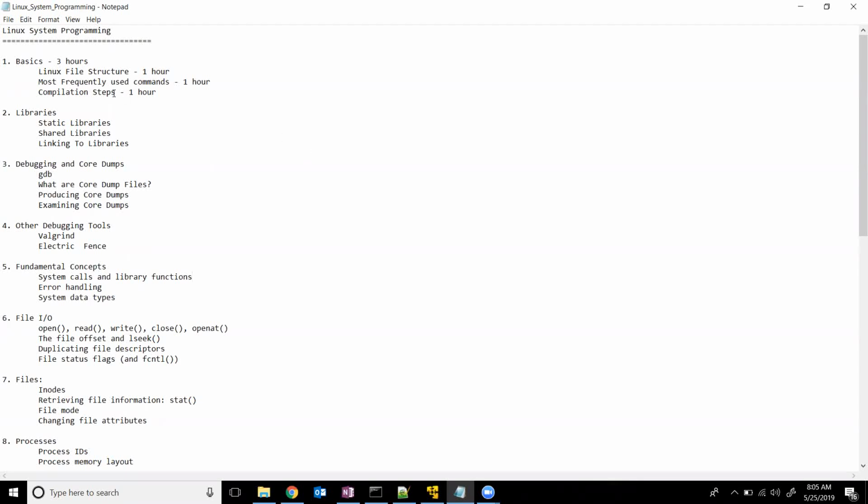So I have added the Linux file structure, most frequently used commands, how to create a static library, how to create a shared library, and how we can link these libraries to an application. What is a core dump and how can we debug this core dump using GDB,